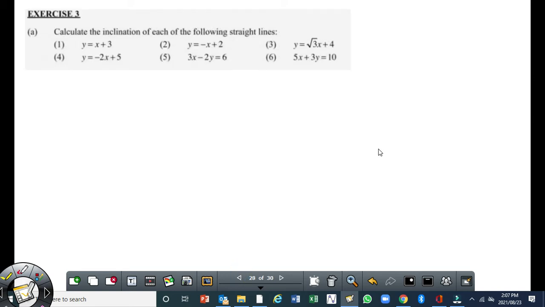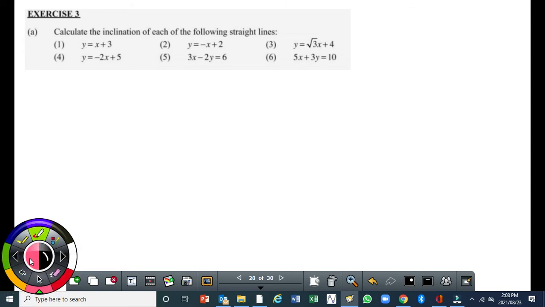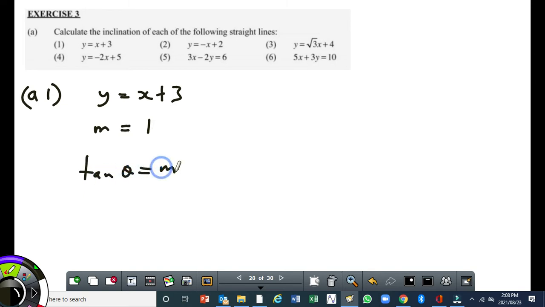All right. So the first question says, calculate the inclination of each of the following straight lines. Right? We just want to calculate what is the angle of inclination between this straight line here and the x-axis. So if I take A1 for example, the equation is y equal to x plus 3. So the gradient is the coefficient of x. So m is going to be 1. So based on the formula tan theta equal to m, the angle of inclination theta is going to be shift tan of 1, which gives me 45